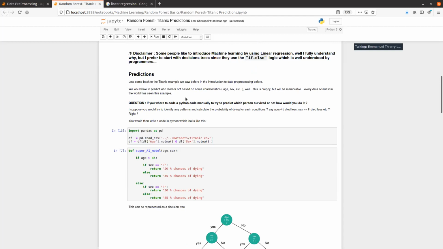It's so popular. So, a question, and I would like the audience to speak up a little bit, quite briefly: if you were to write Python code manually to try to predict which person survived or not, how would you do it based on the data that we saw before?